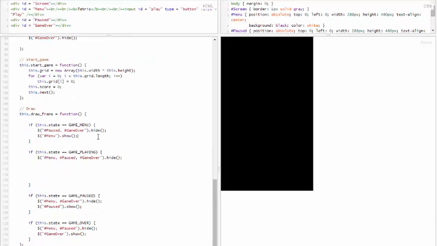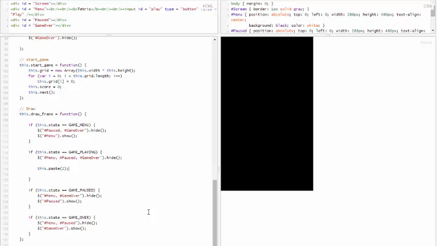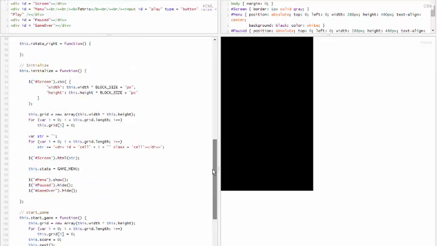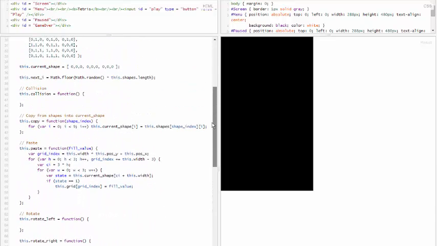We need to paste on each frame, and the fill color is going to be this current. I believe it's going to be current color, or for now let's just use 2. It's going to be the same color, but we're just testing. So run, play, nothing happened, so paste is not pasting, fill value, there's grid index,